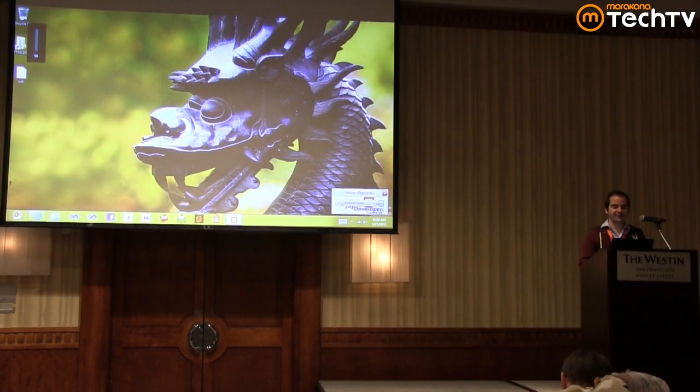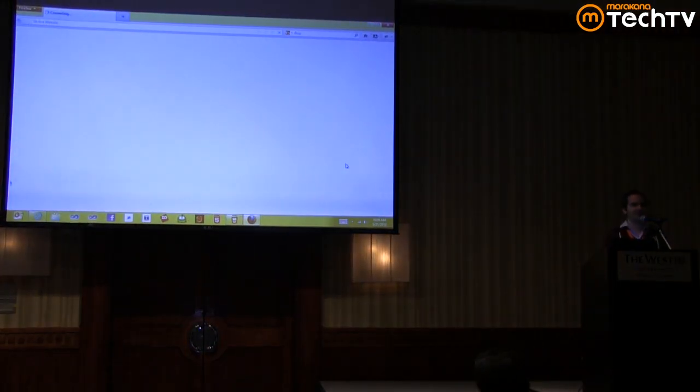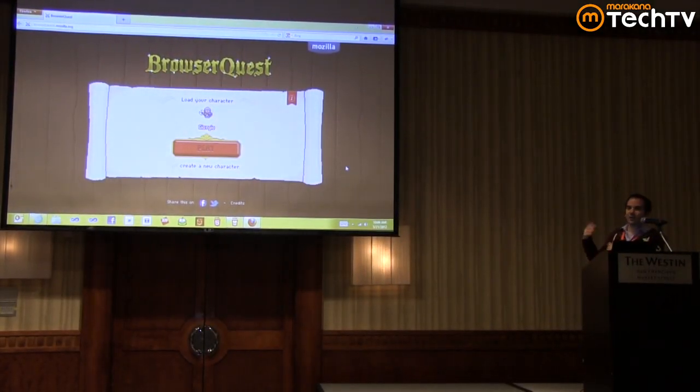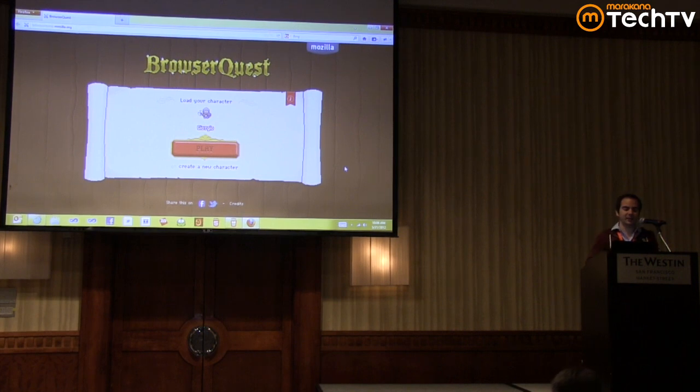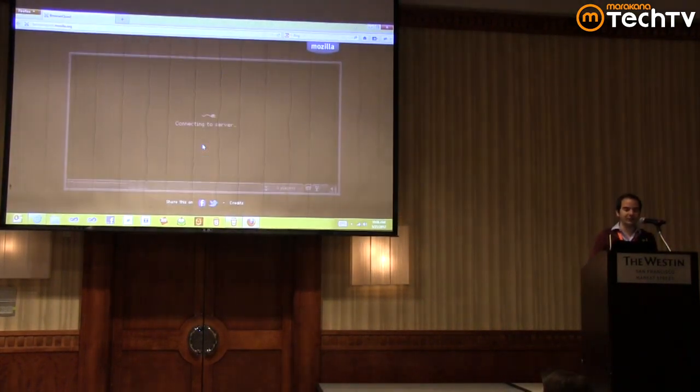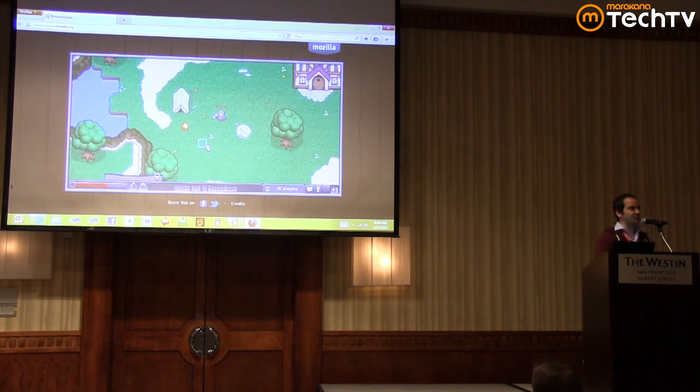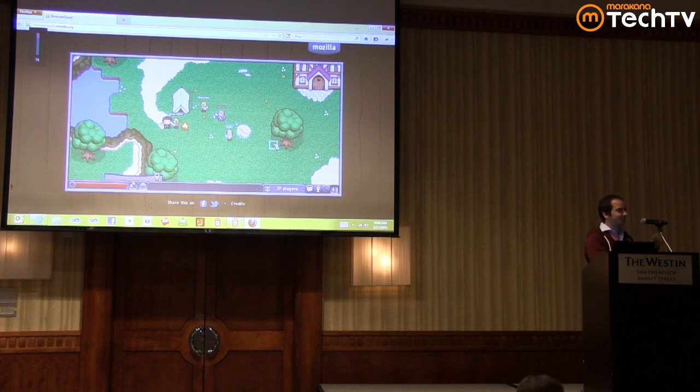And then Mozilla, more recently, came up with another great experience. It's called Browser Quest. And the thing I love about this game is that actually it's not just you against the computer, but it's you against other users. And so you connect to the web, and now you're using WebSockets to communicate and to play in real time with other users. This is kind of awesome, isn't it? I mean, technology is not just there to enable your little scenario. It's there to connect people eventually.